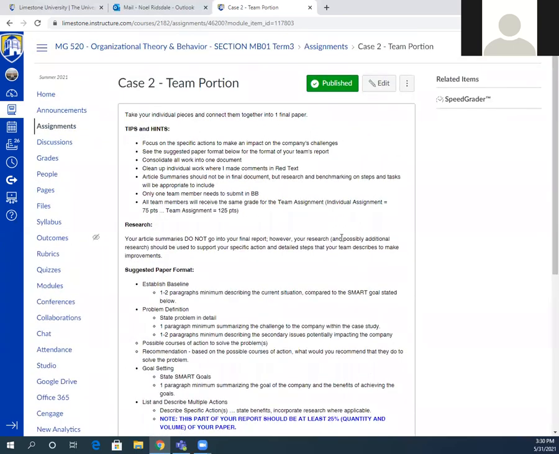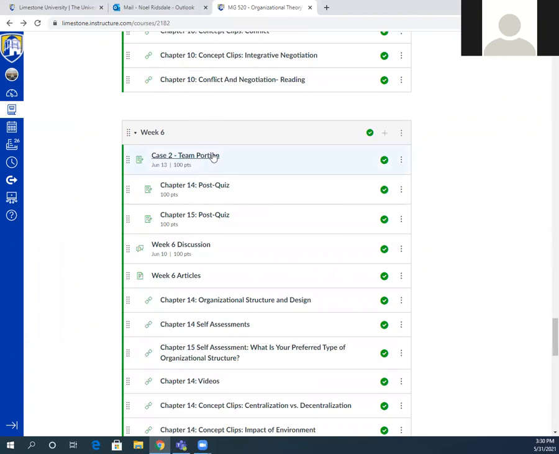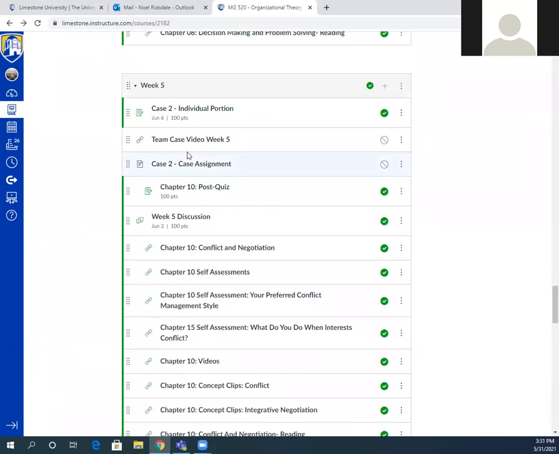Like I said, this is just the wrap up, but I wanted to go over this part so you can see how things fit together. Basically, you're doing a mini case study now. In week 5, you'll do the individual one, which goes all the way through how you would solve it and what you see as the issues.